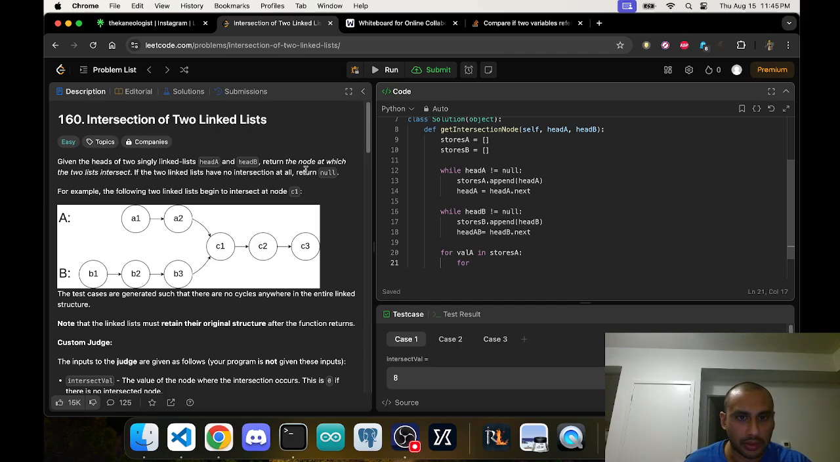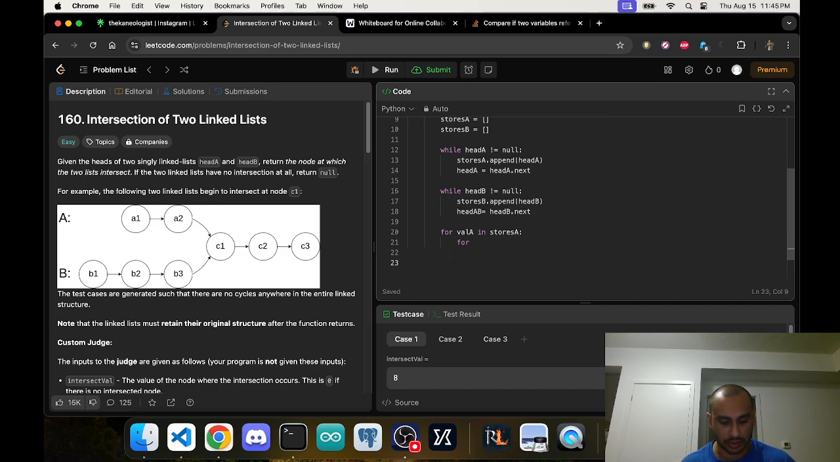Given the heads of the two lists, return the node at which the two lists intersect. So we're not returning the value, we're returning the node. Otherwise we can just return none. That's the base case, return none if it doesn't exist. It does exist. So for val b, in stores b,